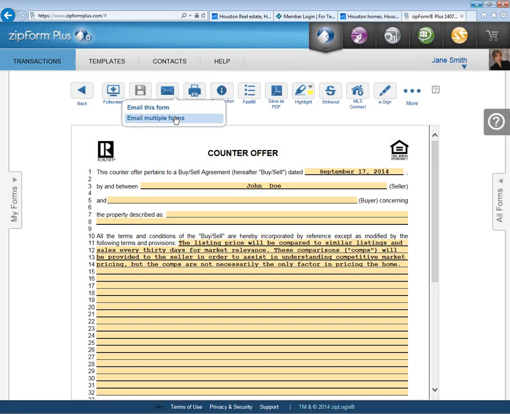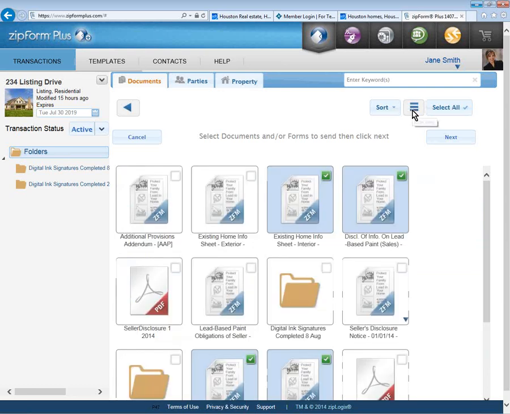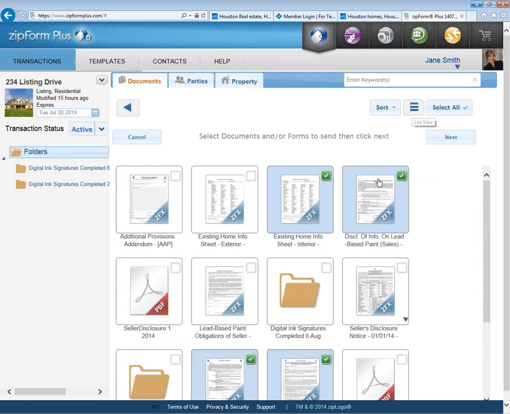So I'm going to click that envelope and choose Email Multiple Forms because I want to include the lead paint disclosure, the option to purchase, and any other information that I might need when sending off one or more of my forms. So I've selected the forms I would like to use by checking the box next to the forms, or if you're on the icon view instead of the list view, I'll just click icon to switch to that, you can simply click the checkbox on the form itself to select it, and then click Next,